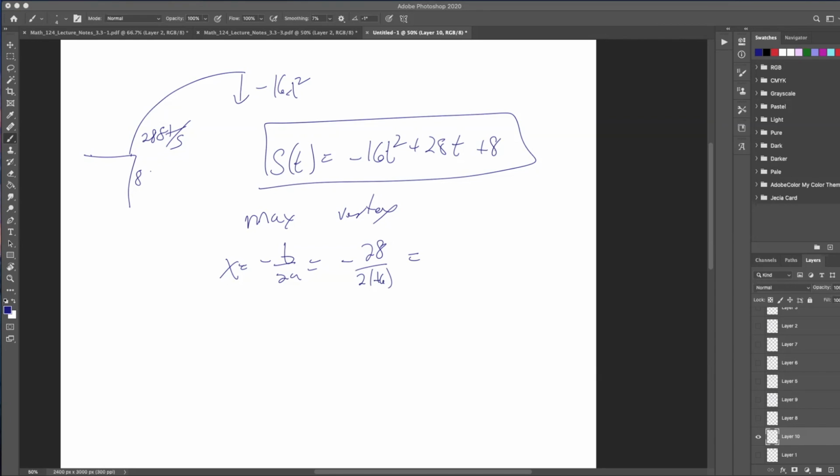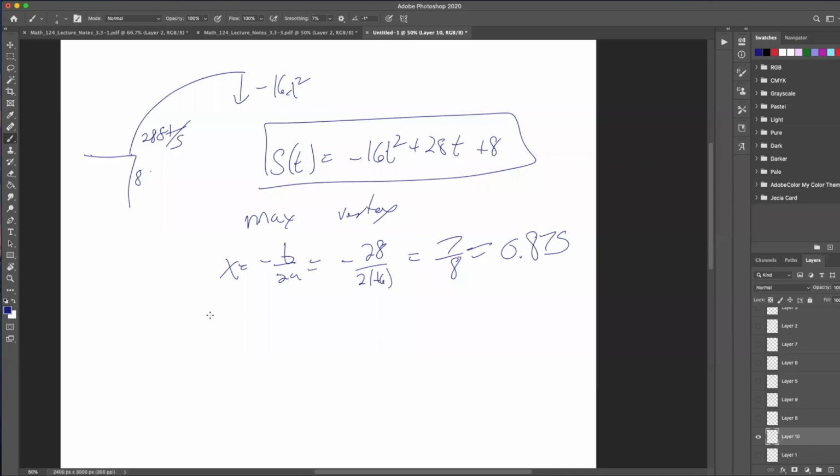So let's just say 28 divided by 2 times 16. That translates into 7/8, or in decimal form,